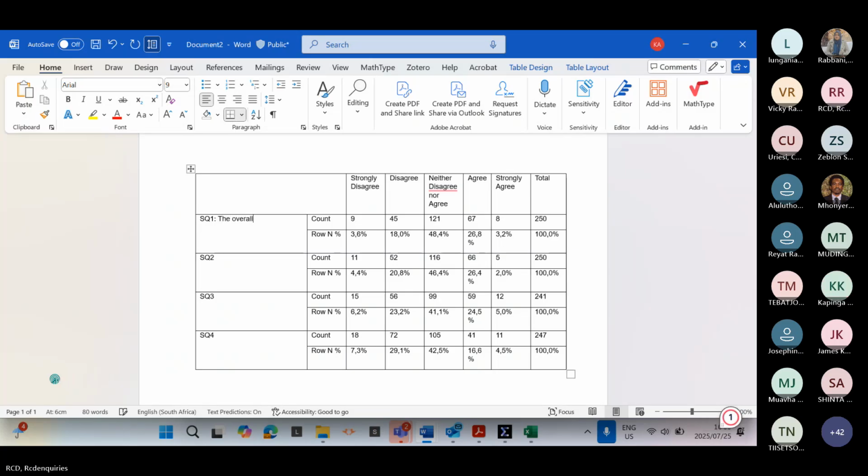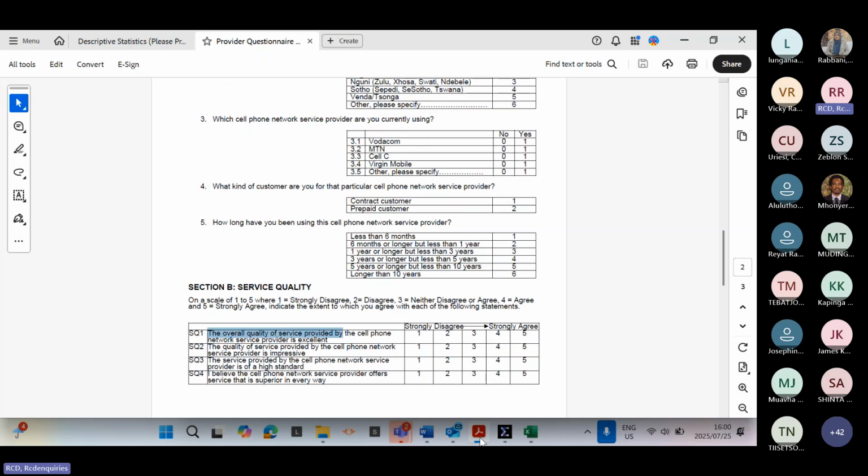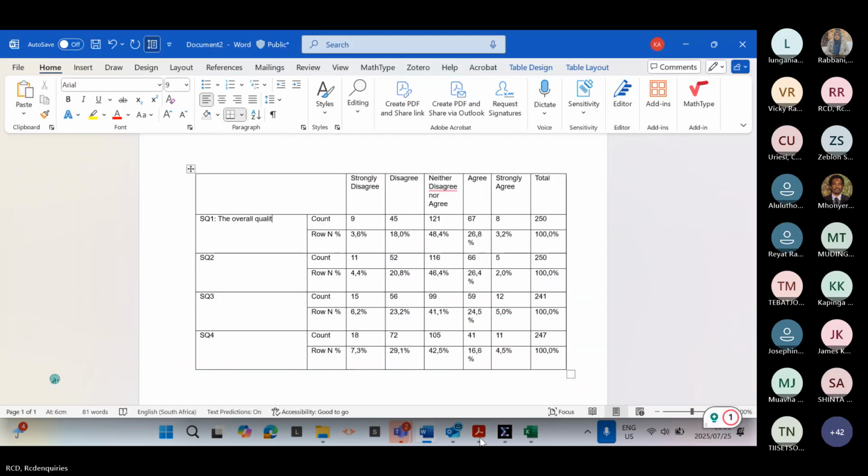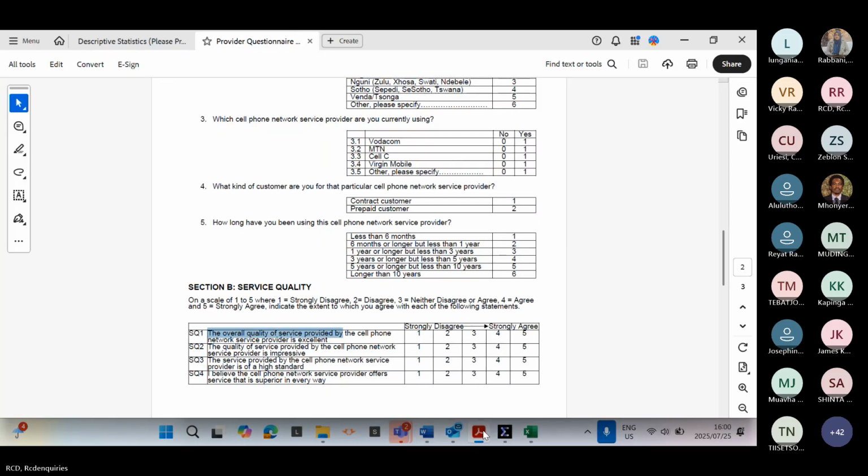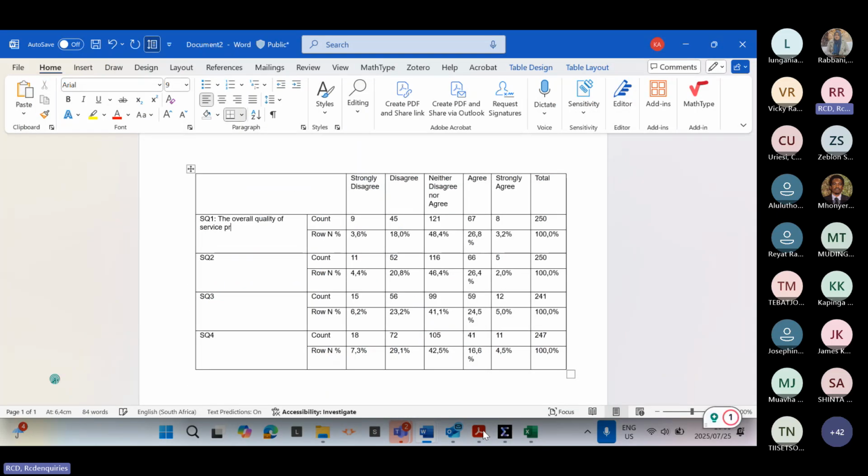The overall quality of service provided by the